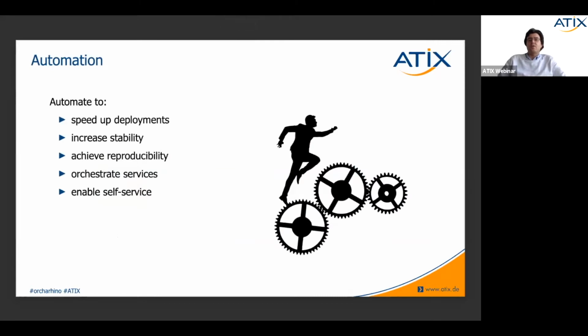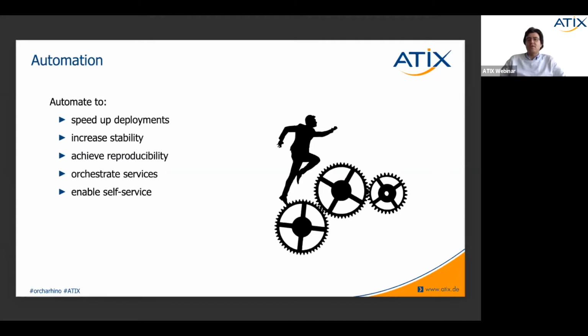So the first question now is, why do we need to automate it all? So basically, automation increases the speed of deployments, leads to more stability, and achieves reproducibility. So if every one of you knows, if you have to deploy a new server by hand, if you have to do it several times, you always type the same commands, it's repetitive, you do it all over again. So this takes quite some time. Sometimes you make tiny mistakes because you always do the same task. Sometimes you have a typo, something like that. So doing that automated increases stability.